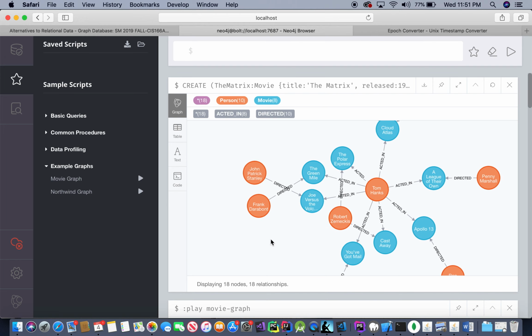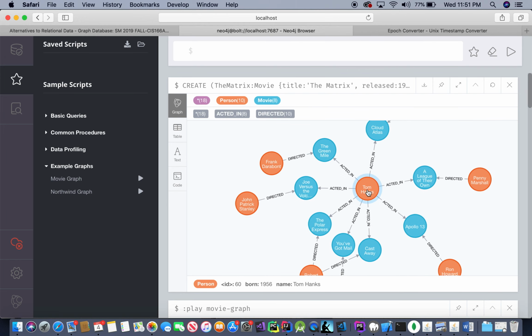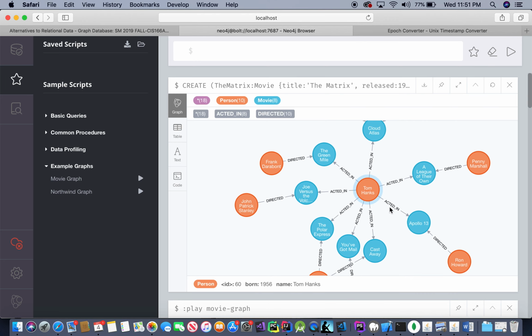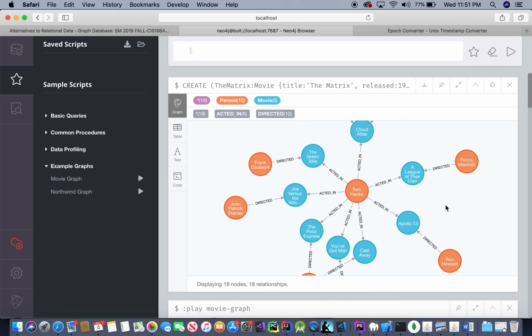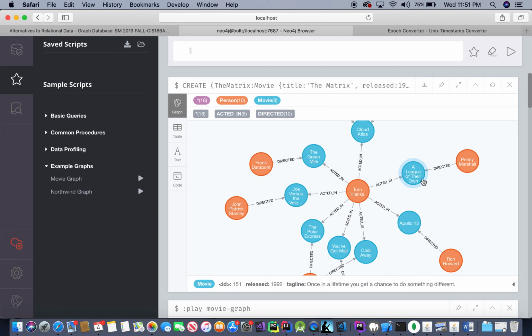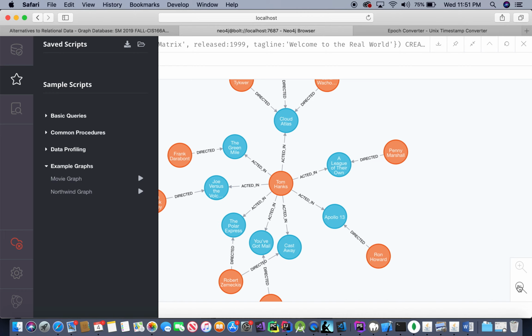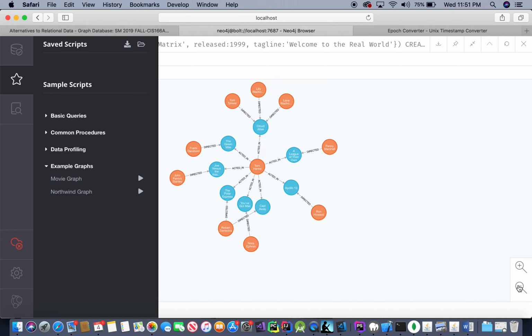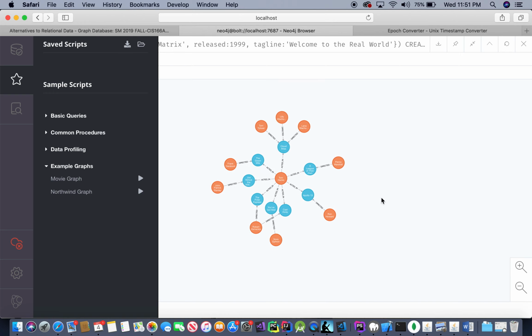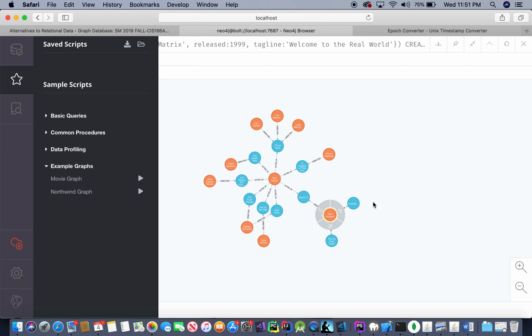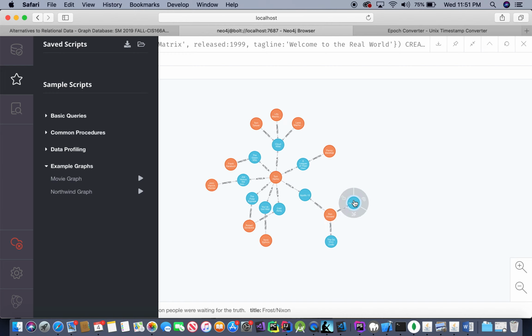Okay, so you can kind of see what's going on here. Tom Hanks acted in The Green Mile, and Penny Marshall directed A League of Their Own. You kind of see how these all relate. Okay, I can do this, and you can expand. I can zoom out a bit, and you can kind of see how big this graph is. It would keep going. I think I've only zoomed in on a couple of pieces, but I could keep expanding this out